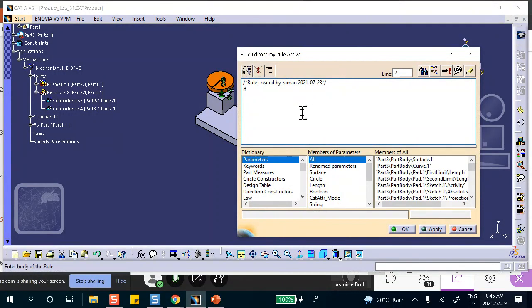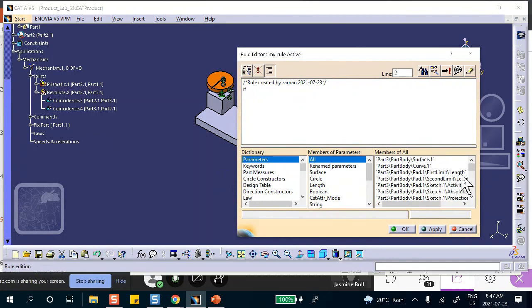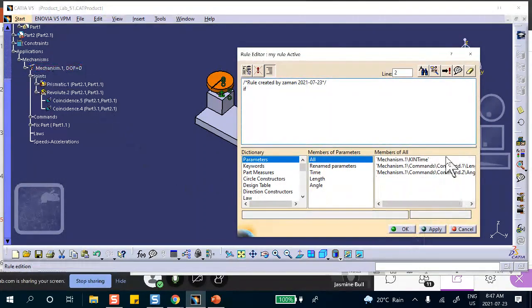Now, in case you forget how to write if, you can click on the keyword, double click on this, and it's going to put you there. It's so simple that I don't have to do that. Let me put it back. Oh, before I do this, I don't need all this junk. All I want is the stuff related to mechanism. This is it. I want the time, I want the command for the angle, and I want the command for the length. I don't care about those other stuff that goes here. So if time